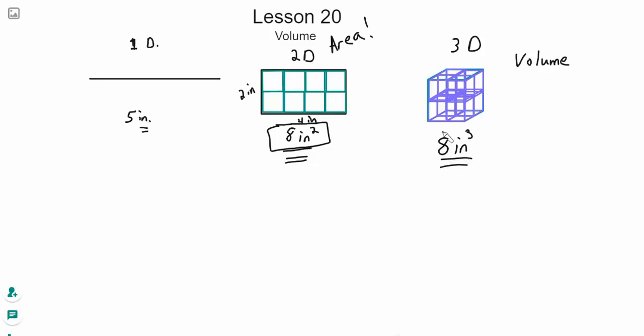But now we have to come up with a method by which we can solve the volumes of more complicated shapes. So let's think about how that worked out for us here. And if we think about it, we can see, let me grab my pointer here. You can see that the sides, let's just talk about the sides of this big box for a second. If I pull this out and set it over here,